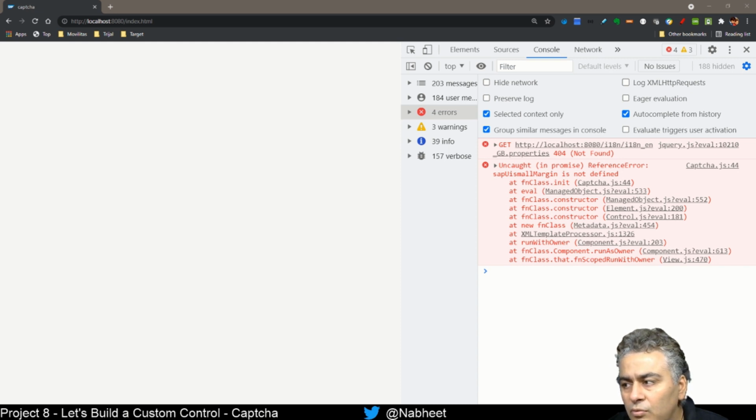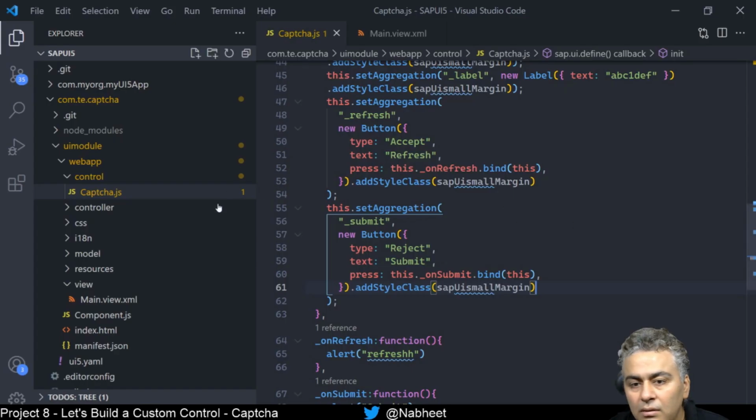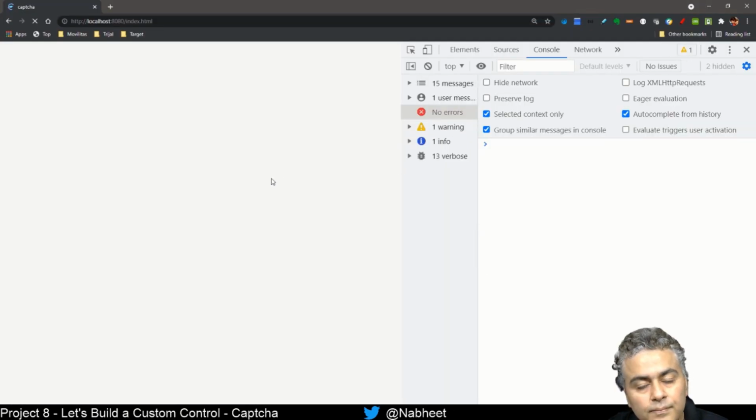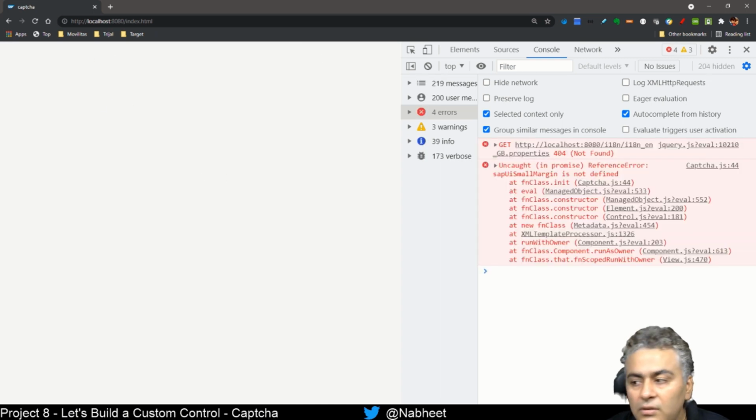SAPUI dot small margin, again I think S should be capital case. So that shall bring in some margin, and